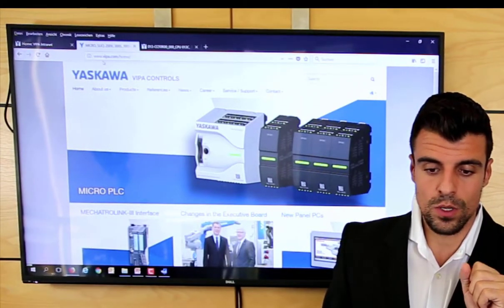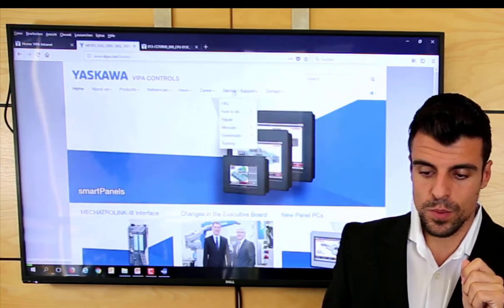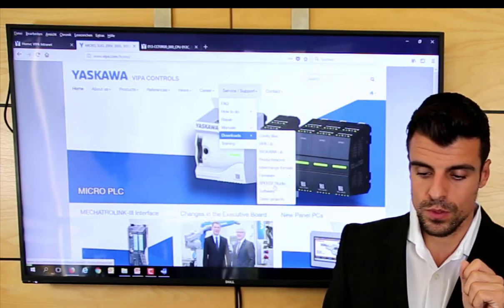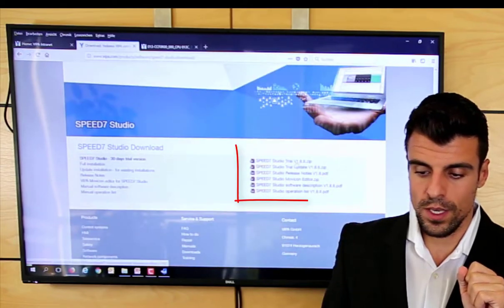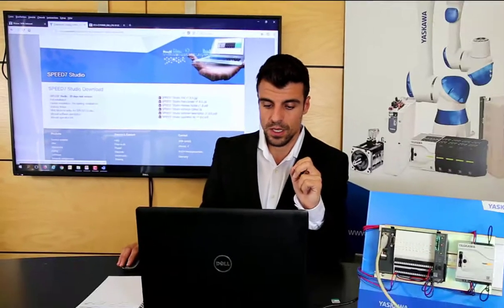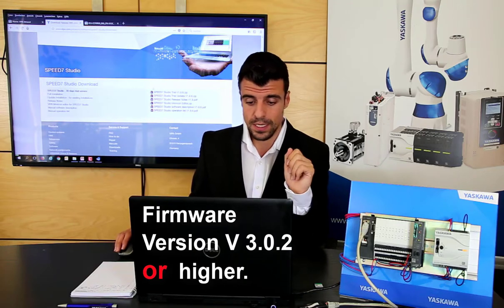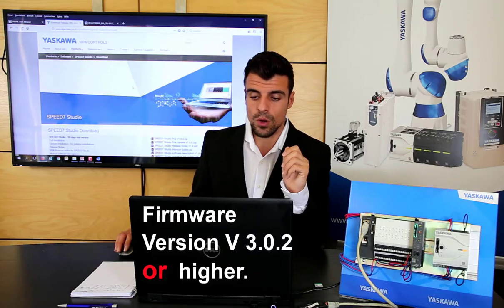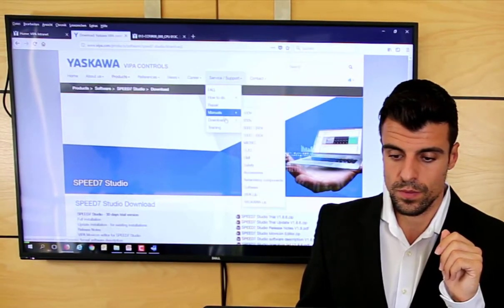Please open our homepage, and under Service Support, Downloads, Speed7 Studio, you can download V1.8.6. Also, you need the firmware version 3.02 for the PLC, depending on which one you have. You also find that on our homepage under Service Support, Downloads,